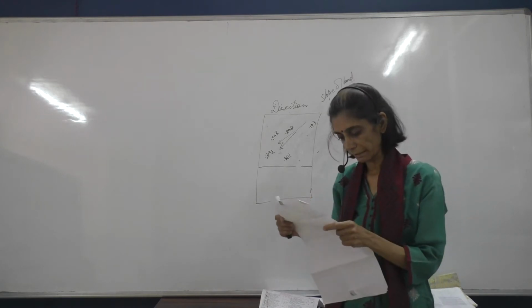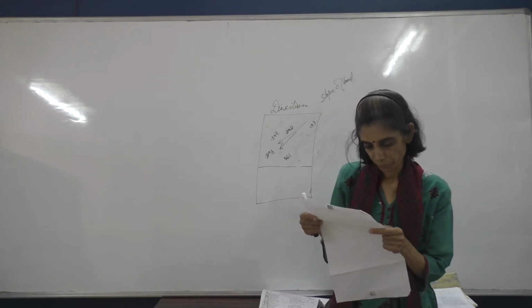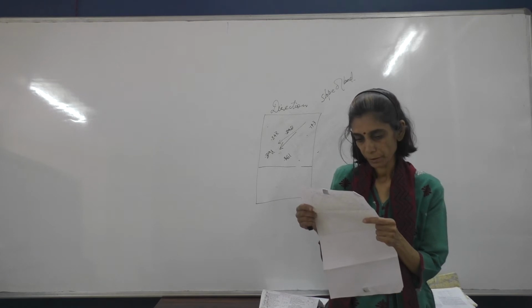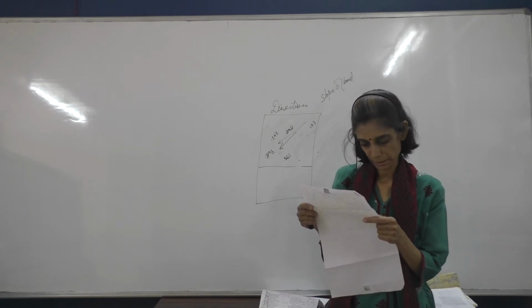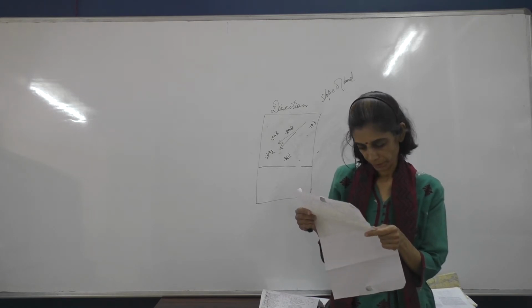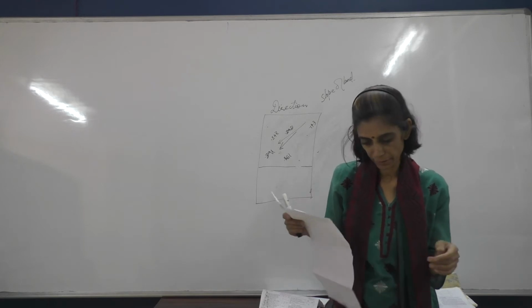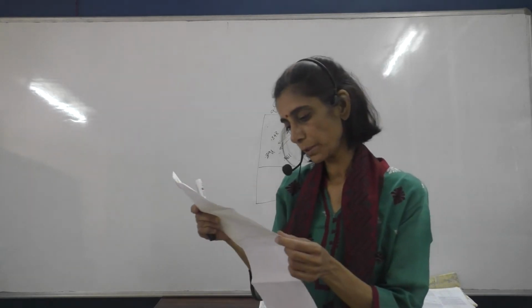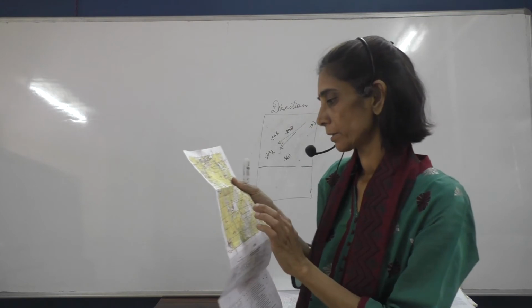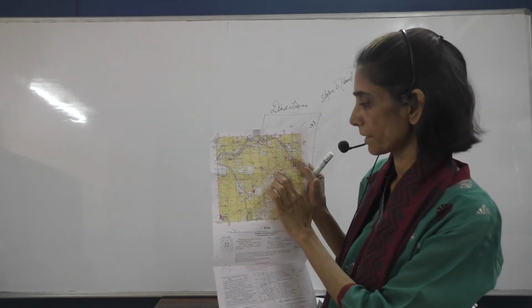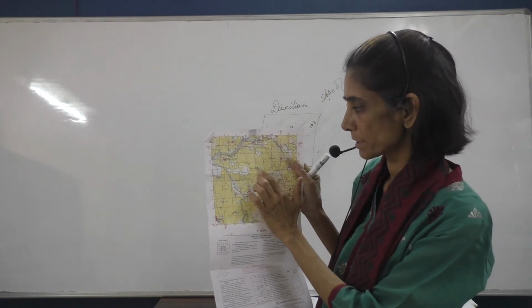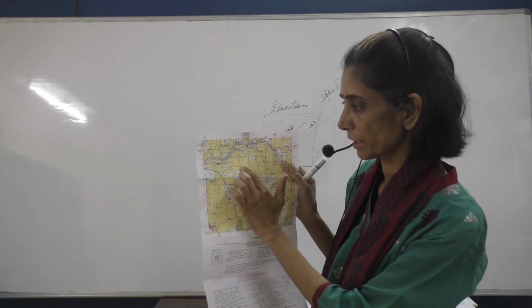So if you look at the topo sheet more closely, you will find that the spot heights are generally higher towards this, 365, 263, 248,